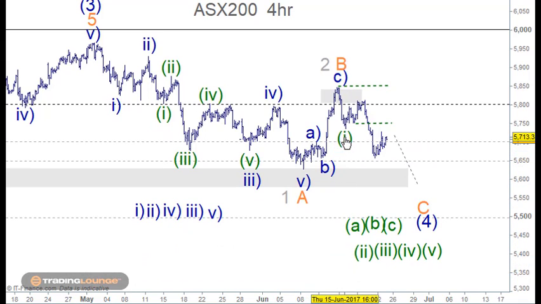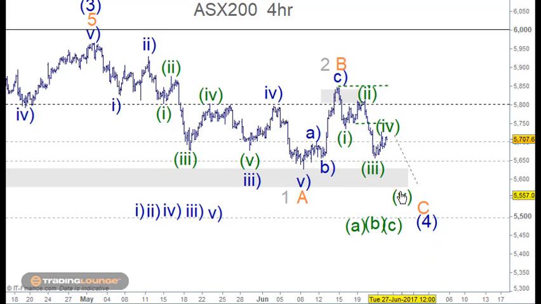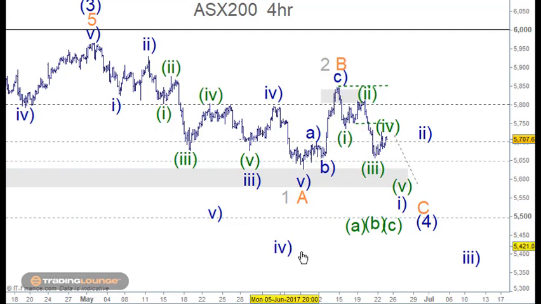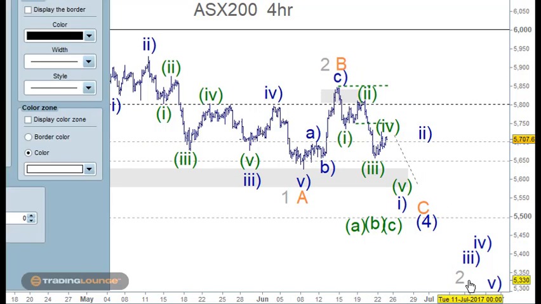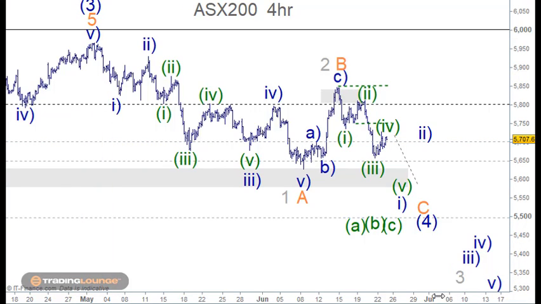So we would see this as wave 1, wave 2 here, wave 3 here, wave 4 here, and wave 5 here, just the same. But then we would need to look at this as wave 1 here, and then back up for wave 2, then wave 3 down here, and wave 4, and wave 5 here for a larger wave 3 here. So I have to include this in the possibilities, because